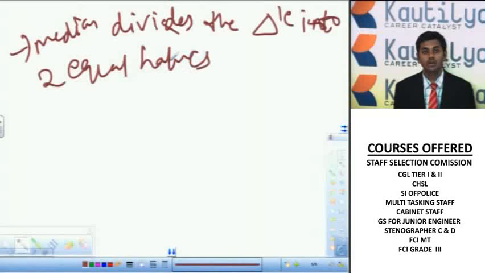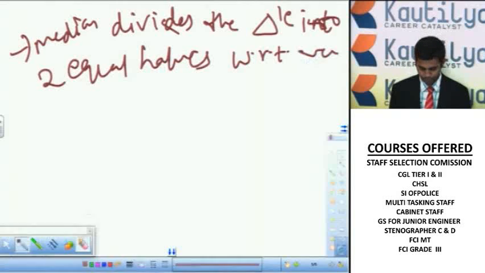Not only the respective side onto which it is drawn, but also the triangle itself, the median divides into two equal halves with respect to area. That is, with respect to area, the median will be dividing the triangle into two equal halves. That is,